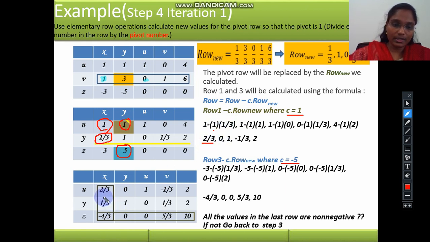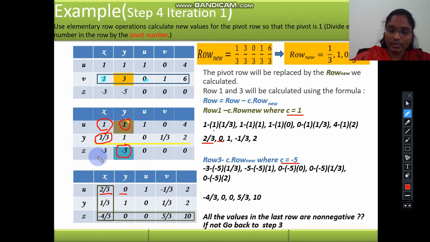So 2 by 3 is updated here. Similarly here, 1 minus the C value 1 times this new row value 1 gives you 0, so 0 is updated here. Similarly, all the other values in this row are calculated like this.